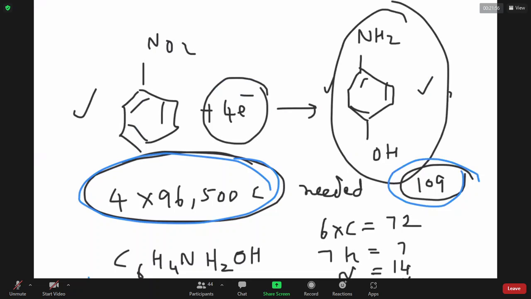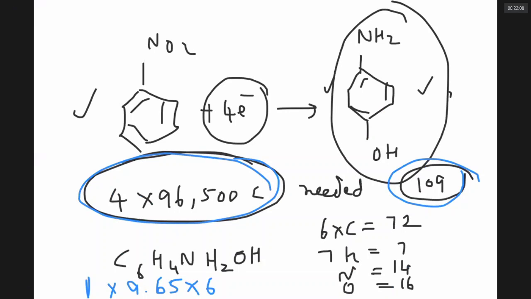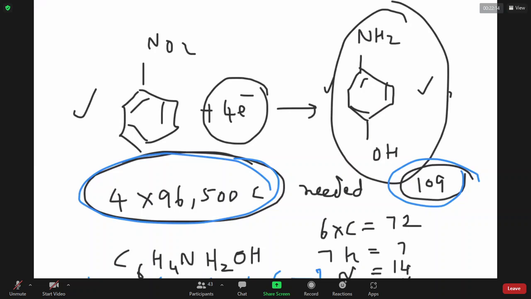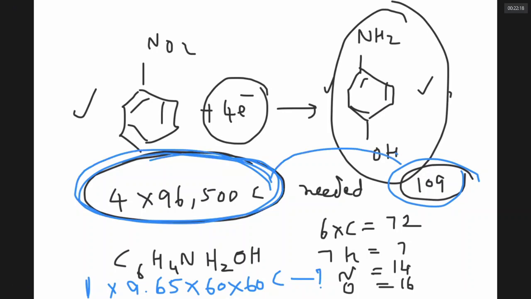If I am passing 9.65 amperes for 1 hour, the charge is amperage into time in seconds, 1 into 60 into 60. These many coulombs is equal to how much? A simple calculation: 4 into 96,500 coulombs gives 109 grams,